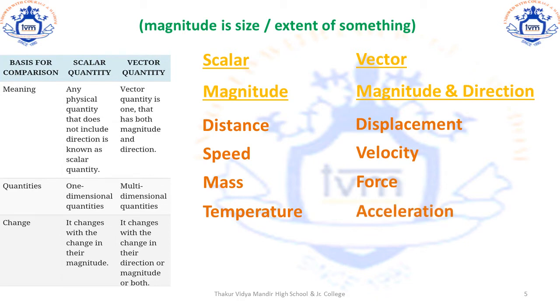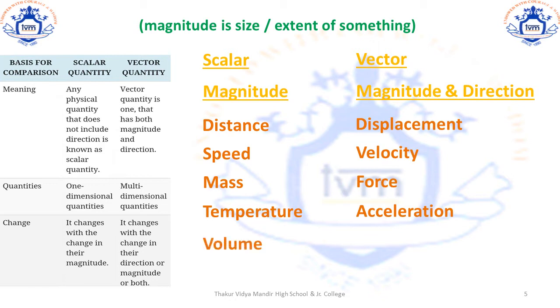Now what about volume? Would you describe volume as being a scalar quantity or as a vector quantity? Can you have 2 liters of milk west or 10 liters of water south or 100 liters of Coca-Cola east? Here direction cannot be associated or applied to the volume. So since direction cannot be applied to it, only the numerical value, only the size or extent is needed. It only has magnitude. So volume is a scalar quantity.